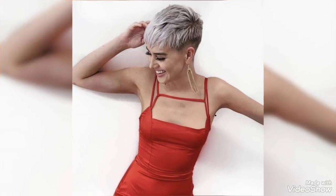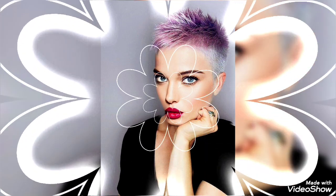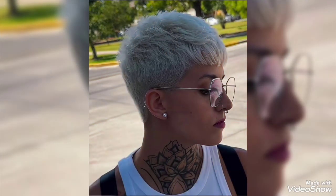So beautiful collection of haircut, pixie haircut, bob haircut, shaggy haircut, wedge haircut, and different type of cut. Some ideas: layered, deep layered. Some ideas: step, undercut, and the latest type of cut: choppy haircut, notching haircut, cropped haircut,